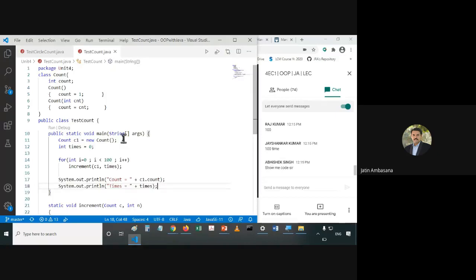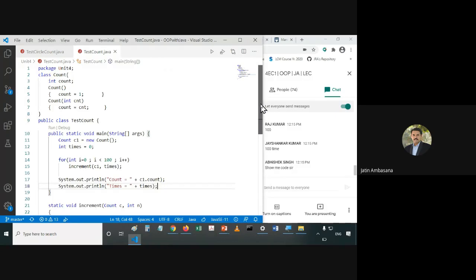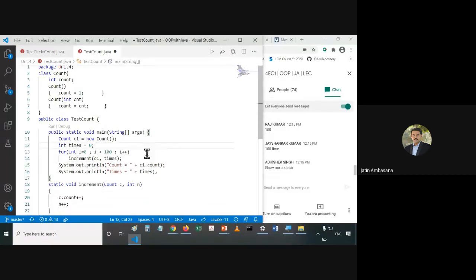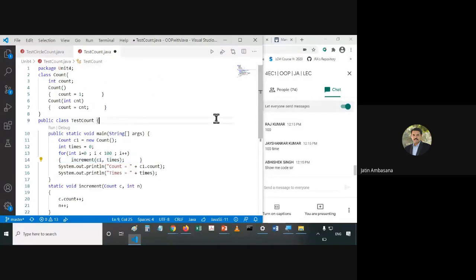See what happens. Here is the code. The for loop has only one statement. If you don't understand, I will just put curly braces in front of these, so you will understand now that the for loop has only one single statement. So see now what happens, let me show you.